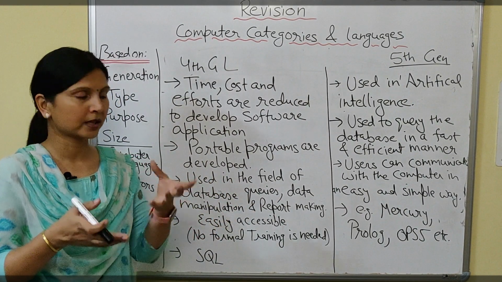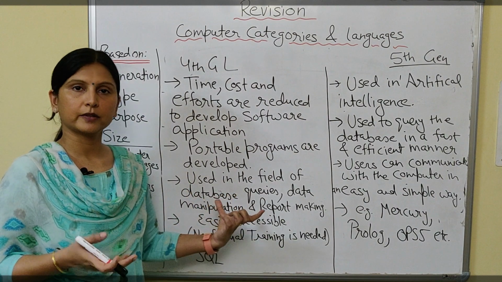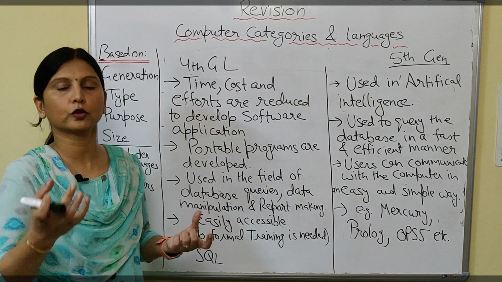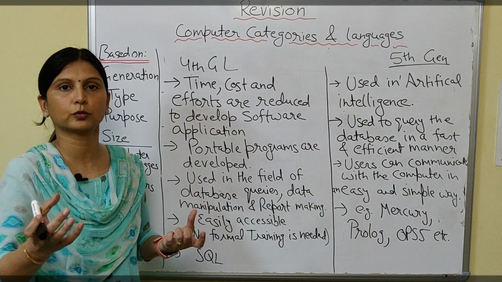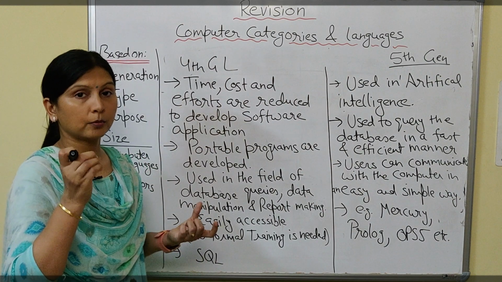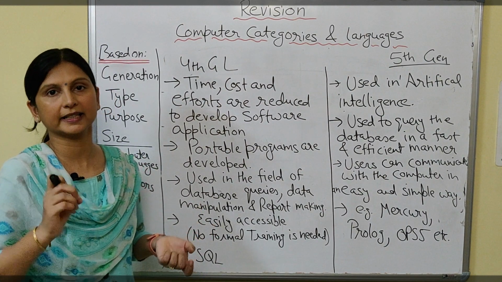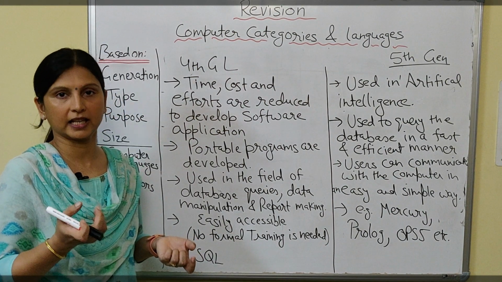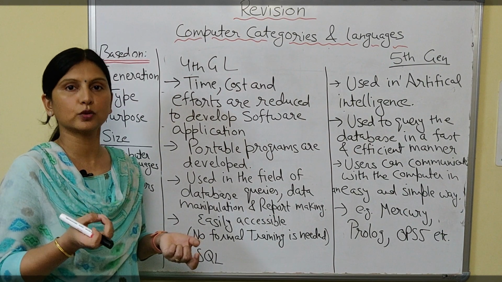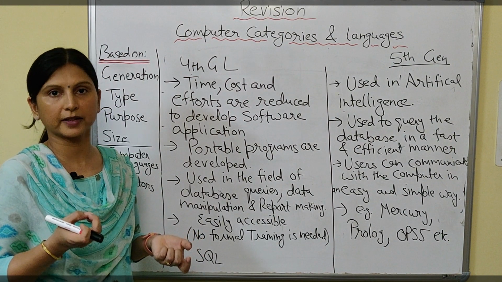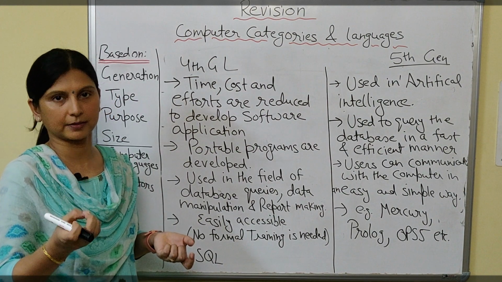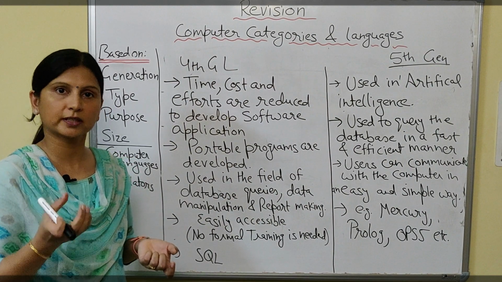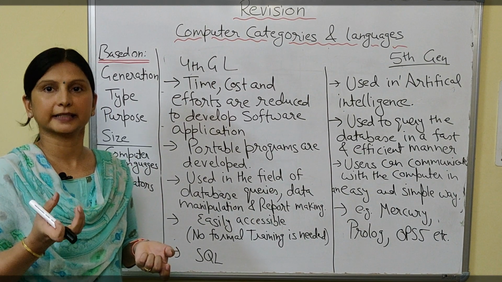This is called database. Now, what is the use of fourth generation language? Fourth generation language is used to query the database. For example, you want to see anything from the database. You want to retrieve some data from the database. You want to modify or manipulate the data in the database. For that purpose, you need a fourth generation language like SQL. SQL is the only widely used fourth generation language. So, what is the use of SQL? To query the database. Fine. To retrieve the data, to store the data in the database, to manipulate the data. So, we call it the language of database.